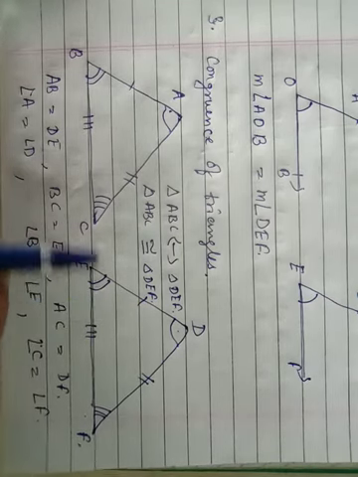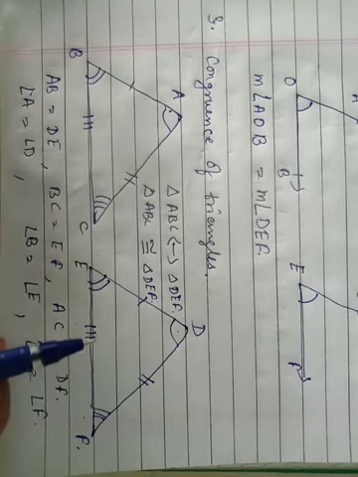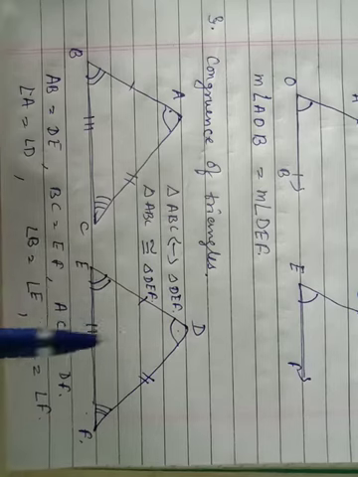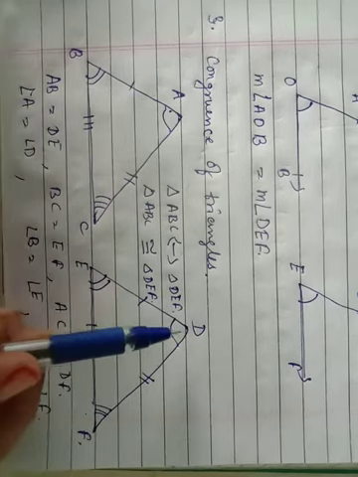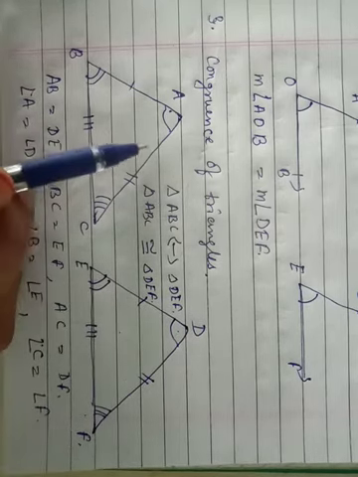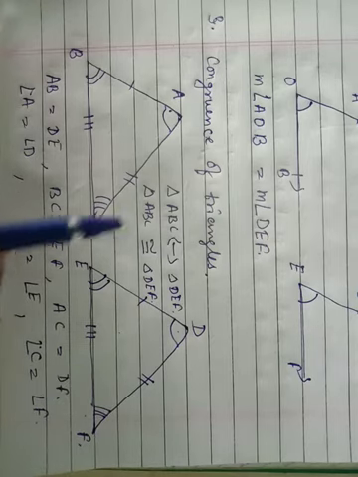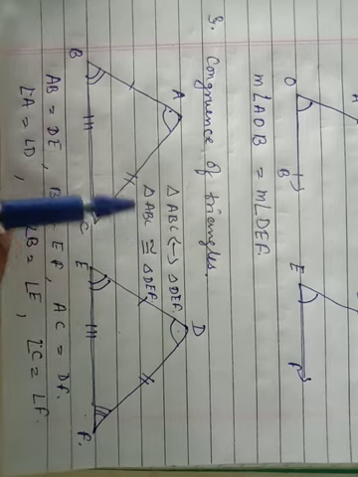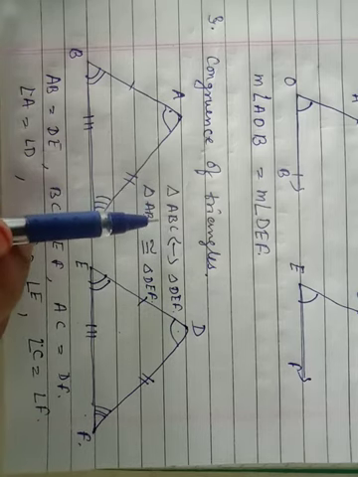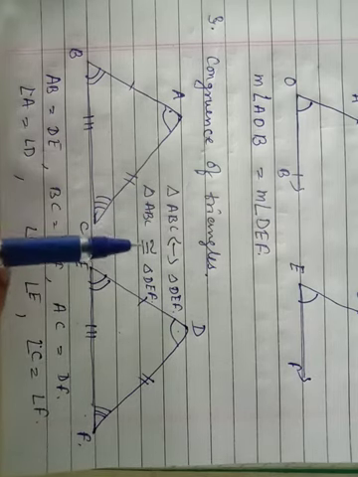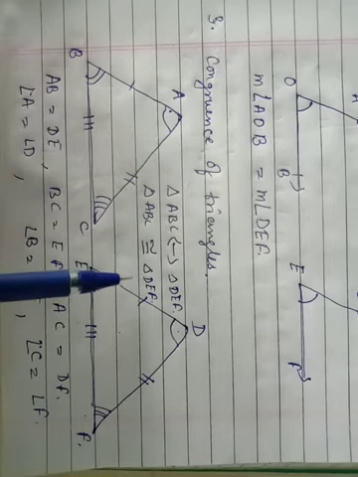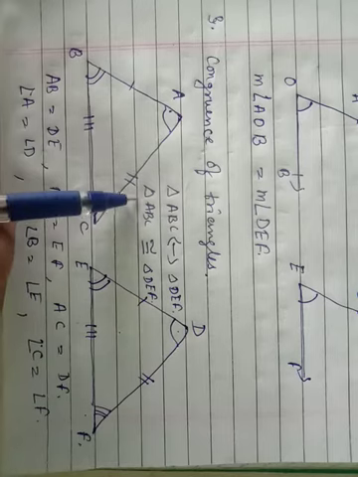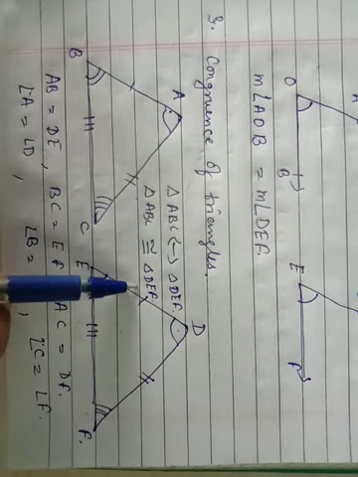Congruent triangles coincide by superposition. If triangle ABC is congruent to triangle DEF and the correspondence ABC to DEF makes the six pairs of corresponding parts, this is the symbol of correspondence. So if the correspondence ABC to DEF makes the six pairs of corresponding parts of two congruent triangles, then we write that ABC is congruent to DEF.